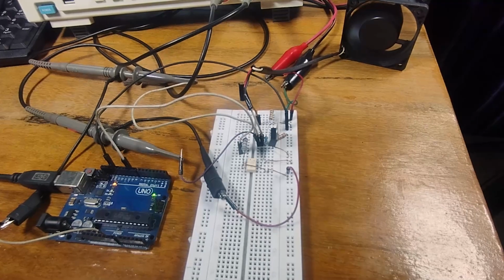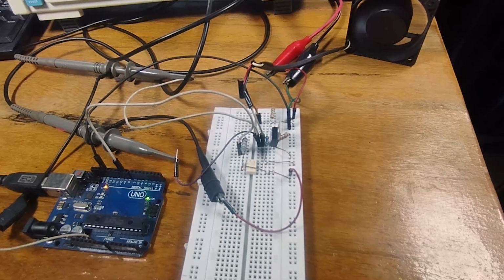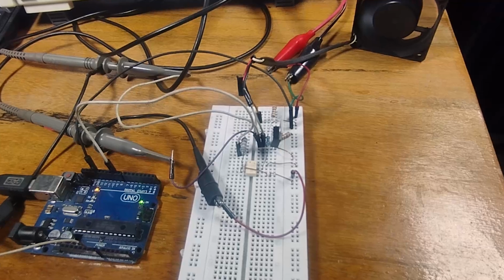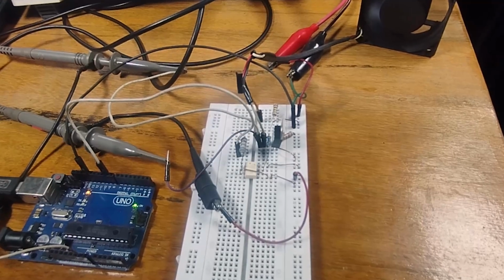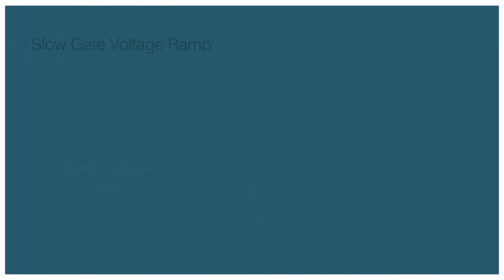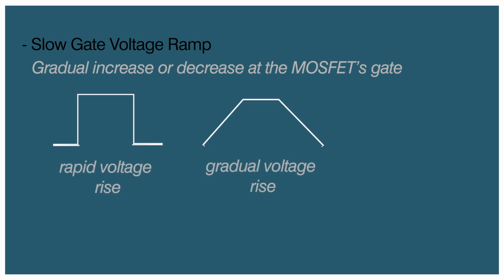So we're going to be talking about two things which we can't ignore in our designs. If we do, we will have our MOSFET heating up and wasting power. The first one will be the slow gate voltage ramp, and then we'll talk about the gate charge. The slow gate voltage ramp is gotten when we gradually increase or decrease the voltage at the gate of the